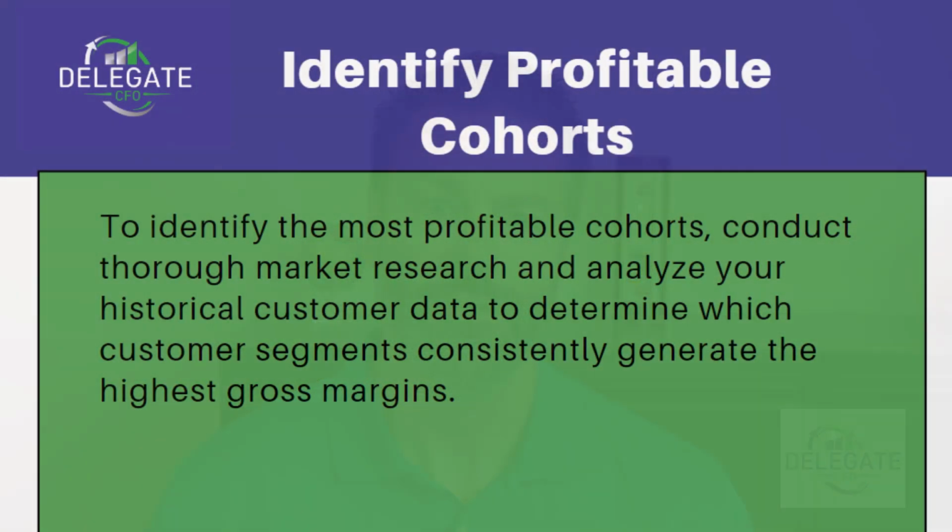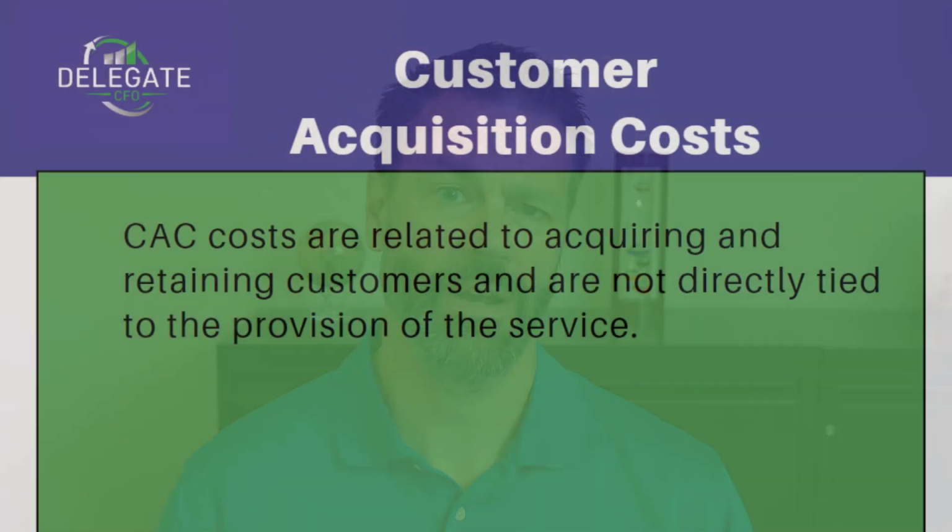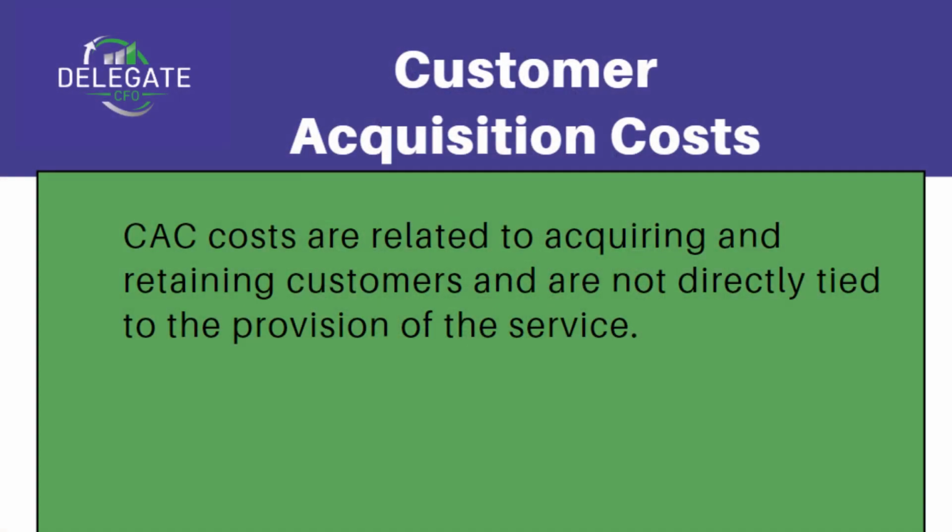Now, in essence, you need to be able to identify the most profitable cohorts for your SaaS business. Conduct a thorough market research and analyze your historical customer data to determine which customer segments consistently generate the highest gross margins. When calculating the gross margin per cohort, it's important to exclude the acquisition costs. Your gross margin per cohort really is just going to be your revenue less your cost of goods sold divided by the revenue. Cost of goods sold typically includes direct costs associated with providing the service, such as hosting, development,